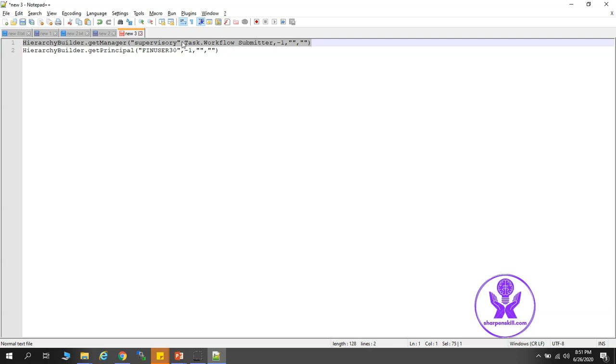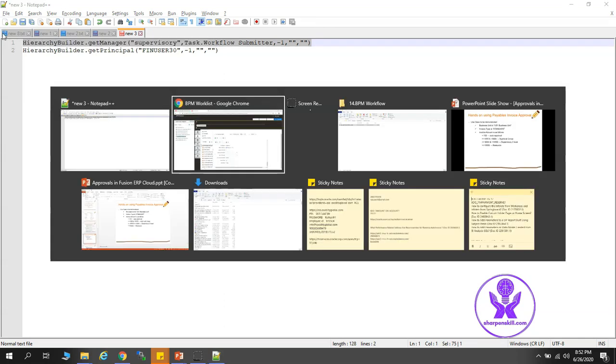So basically we are using the supervisory list of the task.workflow submitter. That means whoever creates and submits the invoice, his or her supervisor we have to get. Now if we give level as 2, then his or her supervisor's supervisor will be considered for this approval. If we give 3, then the third level of manager will be asked for approval. So let's copy and paste this.